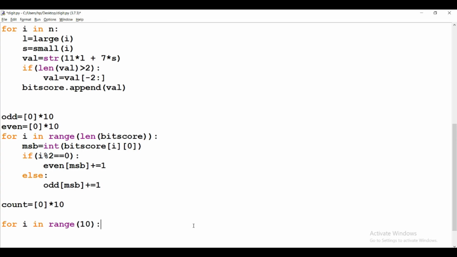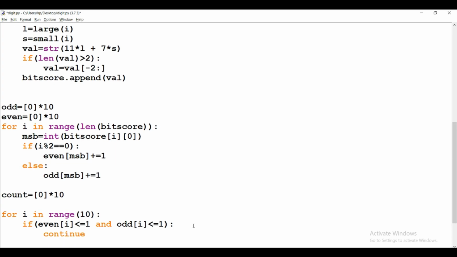Then we need to check: if even count of MSB is less than or equal to 1, and at the same time odd count is also less than or equal to 1, then we continue this loop.